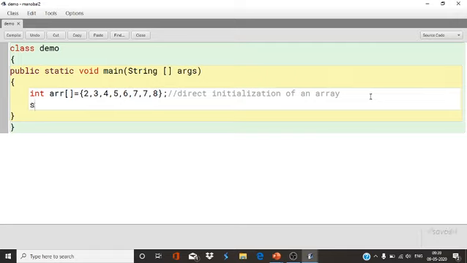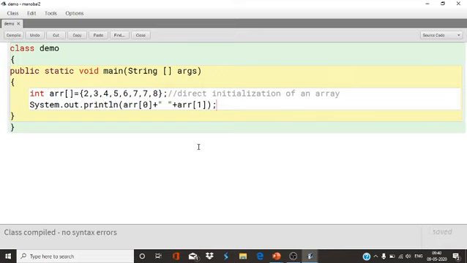We can print like this: System.out.println. Here we can write arr[0] plus a space plus arr[1], like that only we can write. See the output once, no syntax error.